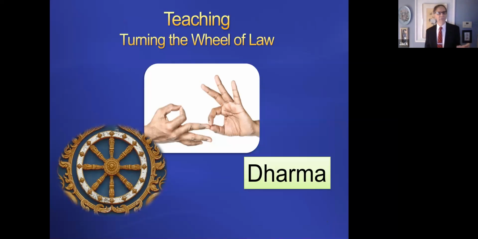Dharma is an ancient word that means a lot of different things depending upon the context it's used in and the region. But in this case, it kind of means the way that things should be done, the right path, the rules of things that have to be followed. And those rules are often symbolized in this wheel, the wheel of law. And there are different explanations for what the wheel of law is.